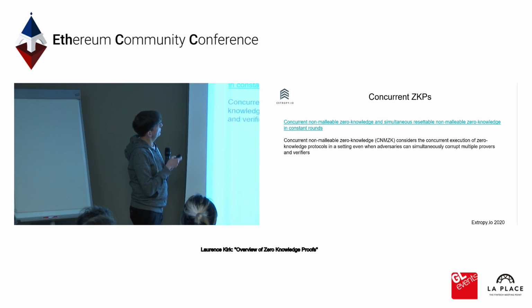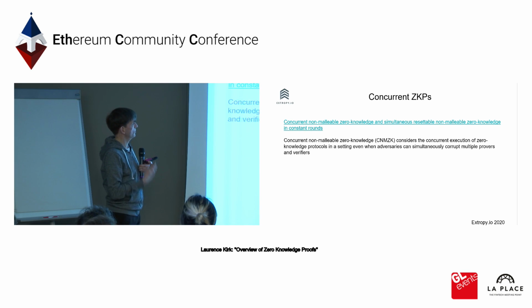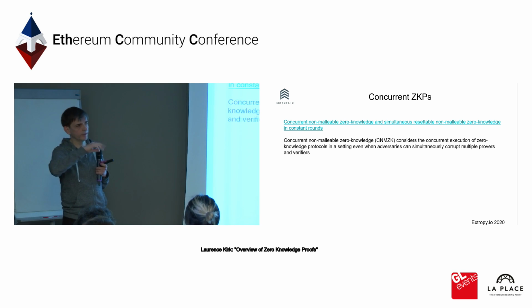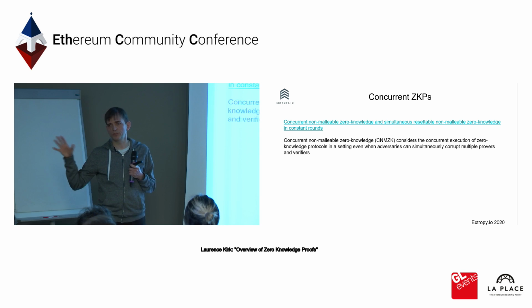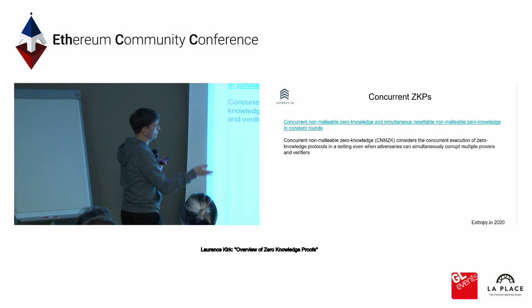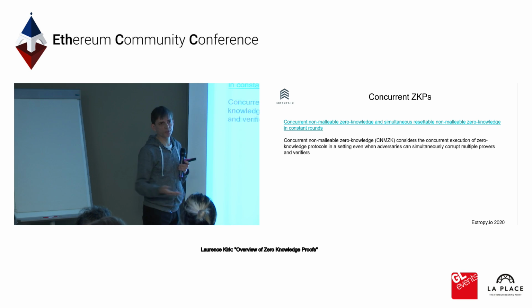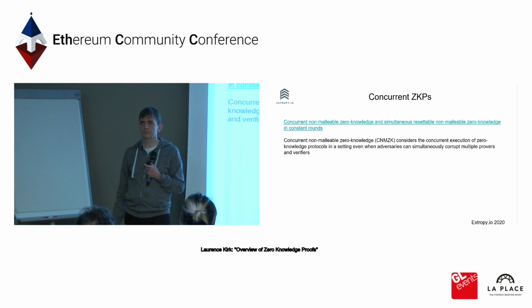Perhaps another way of looking at it is concurrently. I don't know a great deal about this project. It's just one I came across recently. But the idea is that rather than having one prover, one verifier, and even if you ship this out to multiple machines, you could have multiple provers and verifiers, and it will still be safe, even in a setting where, he says, you could corrupt many of them.